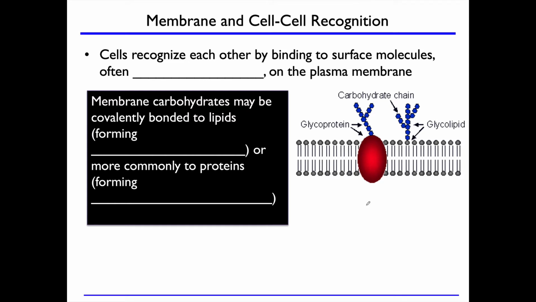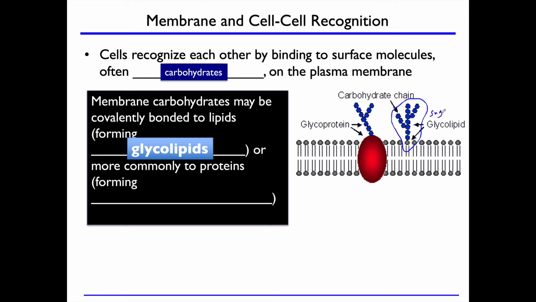Now, on the outside of the cell, we have molecules that stick out that their job is to ultimately provide recognition sites for other cells, cell to cell or system to cell, and I'll get into that in just a minute. But these surface molecules that stick out are often carbohydrates, and you can see them here in these chains sticking off the surface. Now, when a carbohydrate sticks off of a lipid, like we see here, this is called a glycolipid, okay? The glyco is the sugar part, and then the lipid,